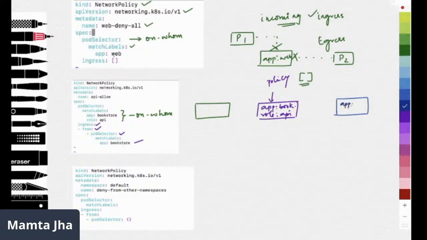For example, if this pod is labeled as app bookstore and this pod, the green pod, is labeled as app web, this would be denied and this would be accepted. We are saying we would be accepting Ingress from pods labeled as app bookstore.